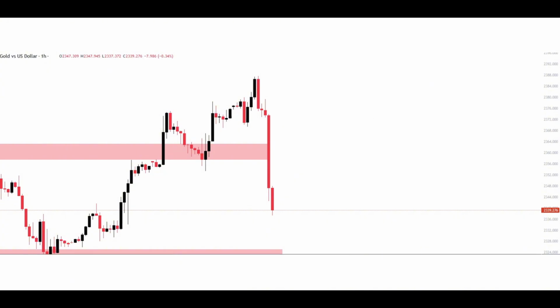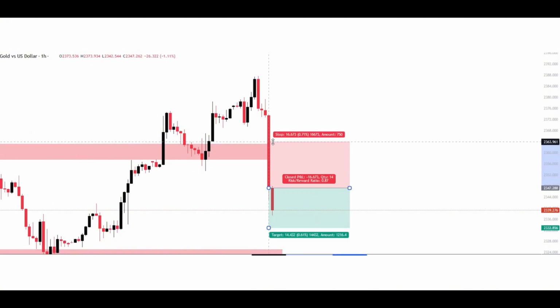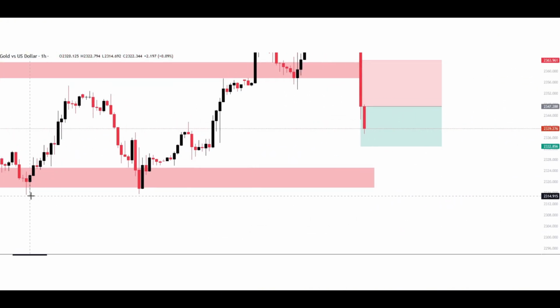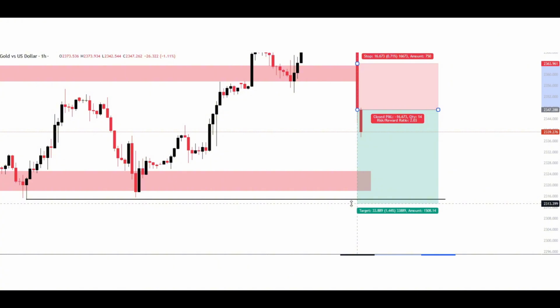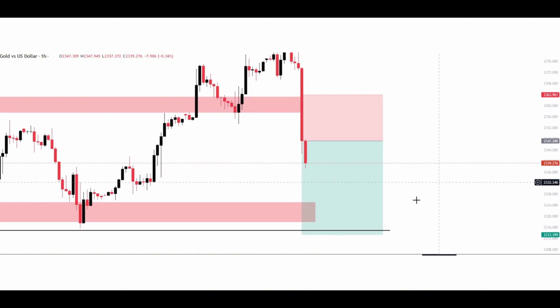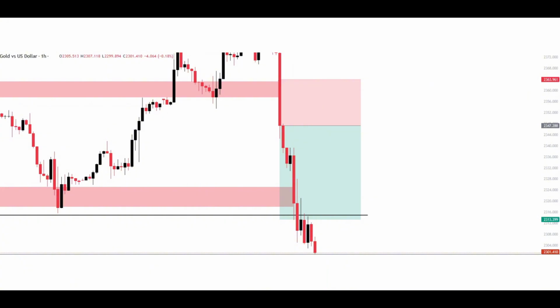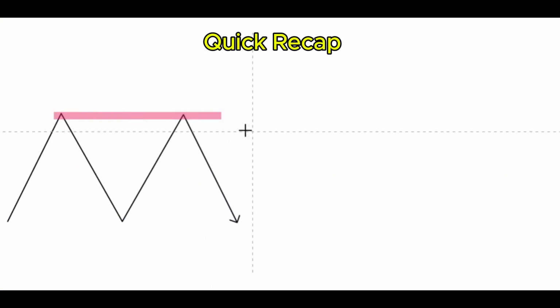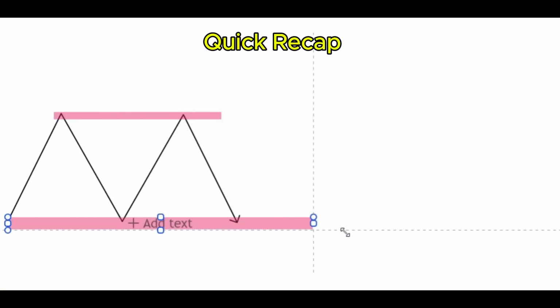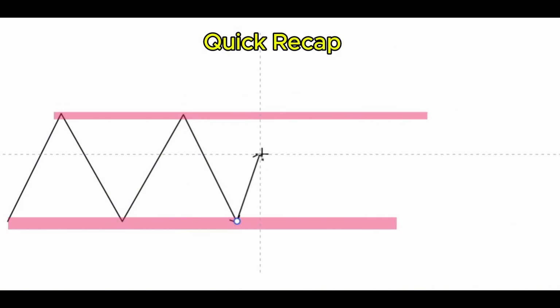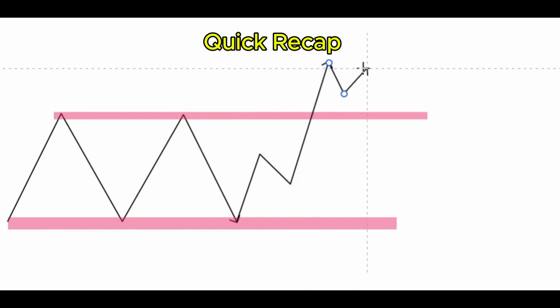So the stop loss right above the resistance in this case, and the take profit below the last swing low, so right below the previous support area. And this trade got closed much faster because of the increased momentum, and still got a decent enough risk to reward ratio of 1-2. And a quick recap of what we have learned. So we got a consolidation. If the price breaks up, then comes back down,